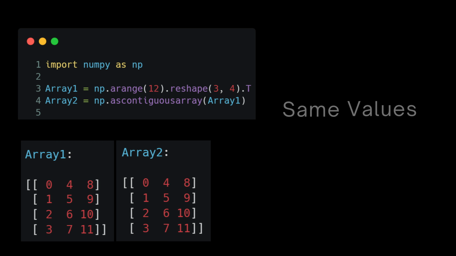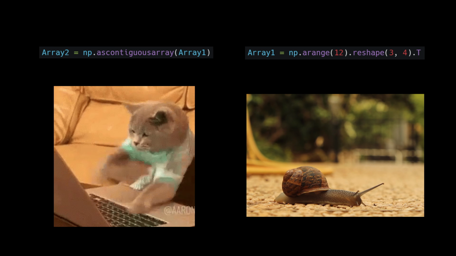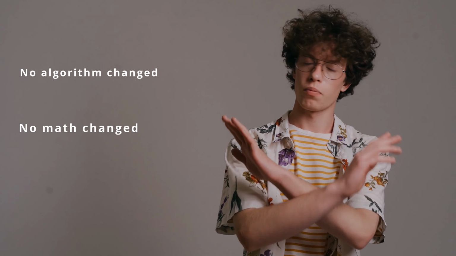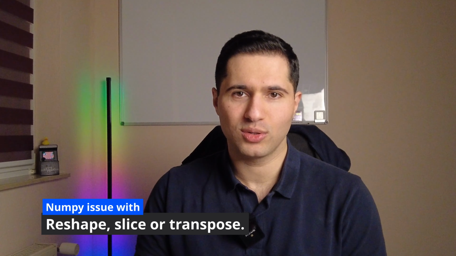Two arrays, same values, same shape, same code. One is fast, the other is mysteriously slow. No algorithm changed, no math changed, and nothing obvious changed, and yet performance collapses. If you've ever had NumPy code that suddenly got slower after a reshape or a slice or transpose, this is